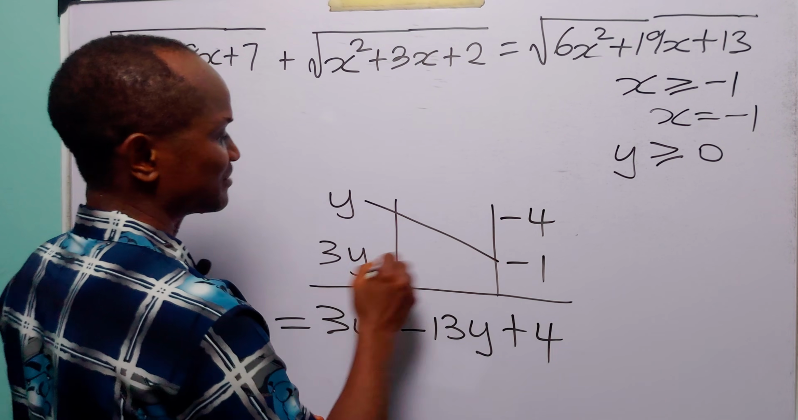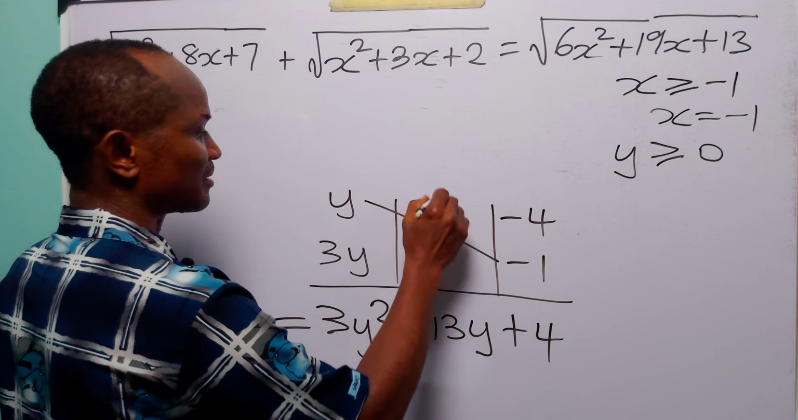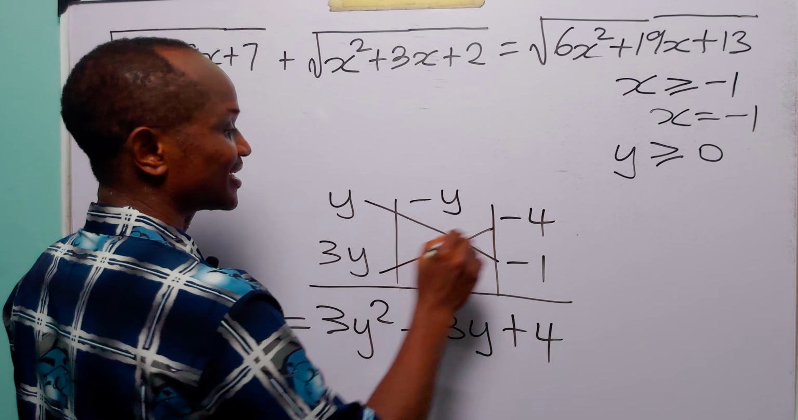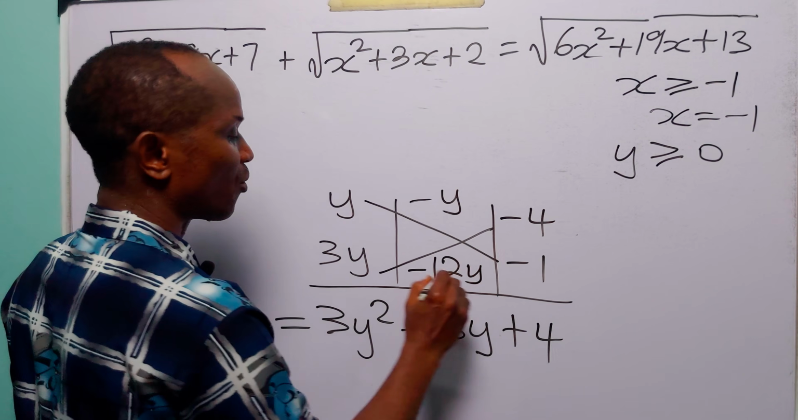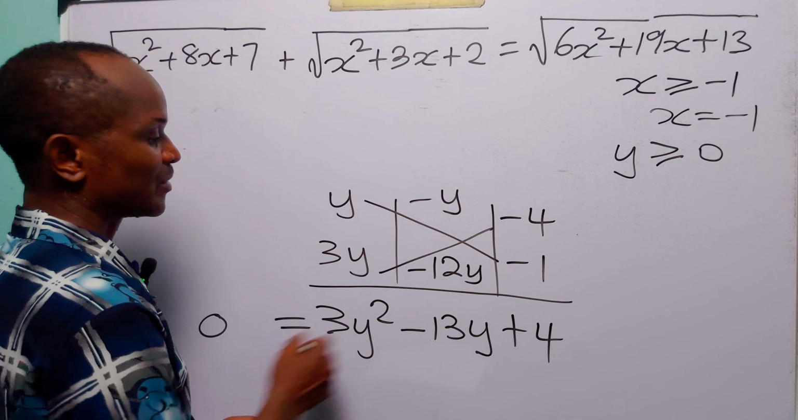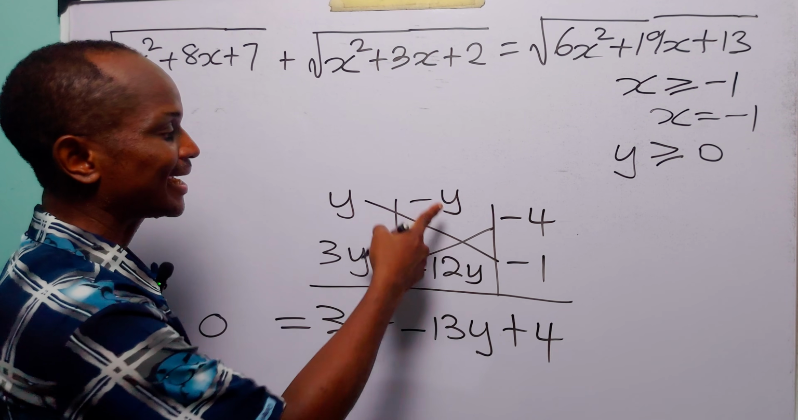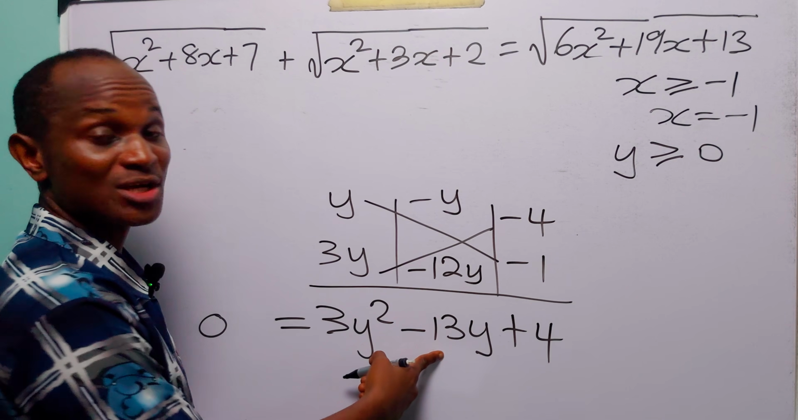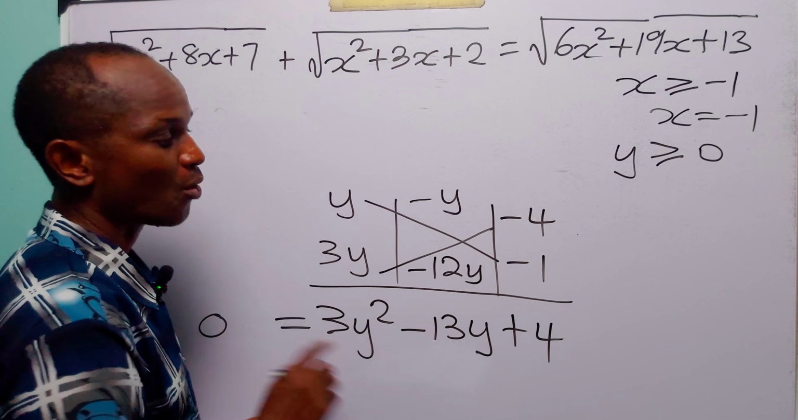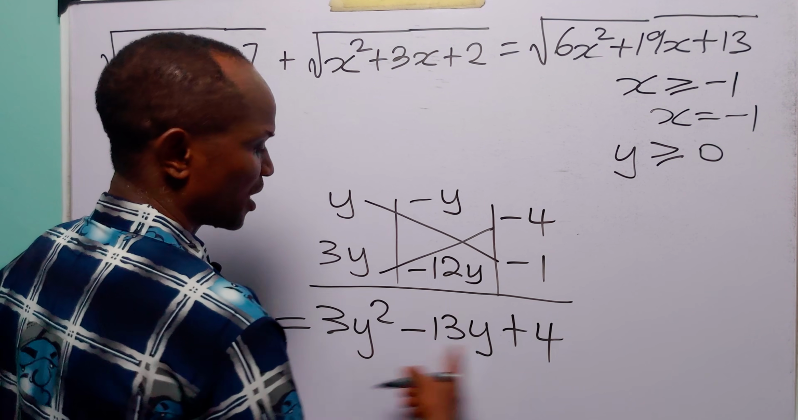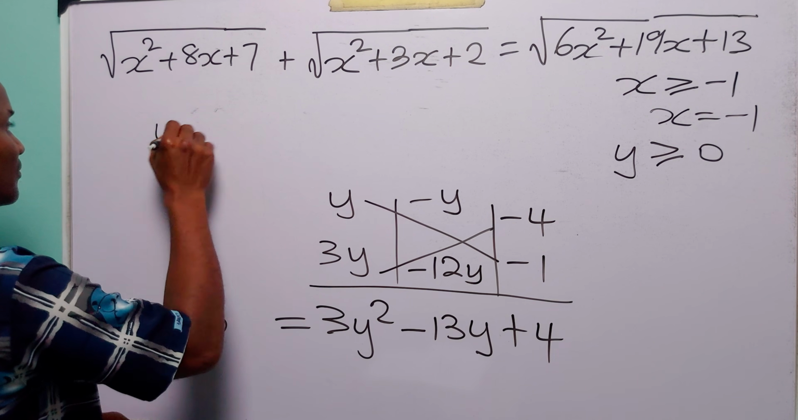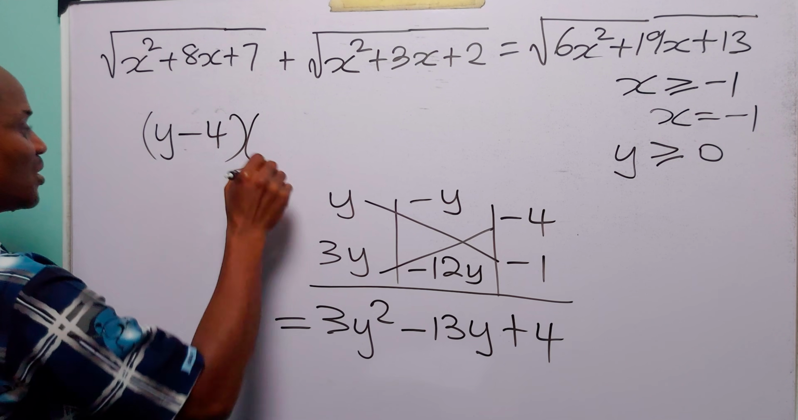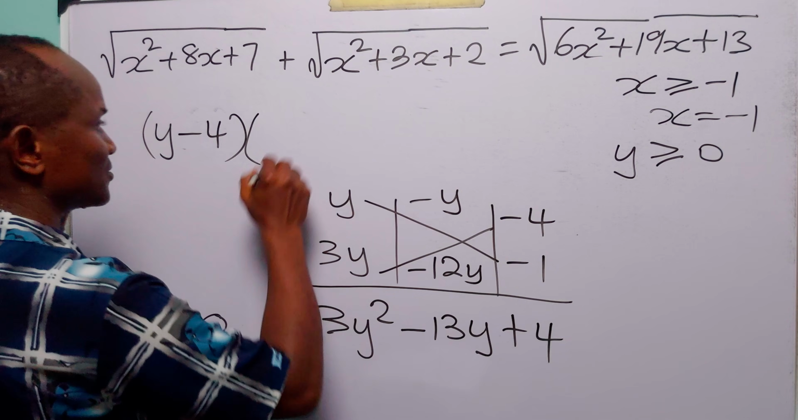Now, y times minus 1 is going to give us minus y. And 3 times minus 4 is going to give us minus 12y. Now, minus 12y minus y is going to give us minus 13y. That means that when we factorize this, we have that y minus 4 multiplied by 3y minus 1